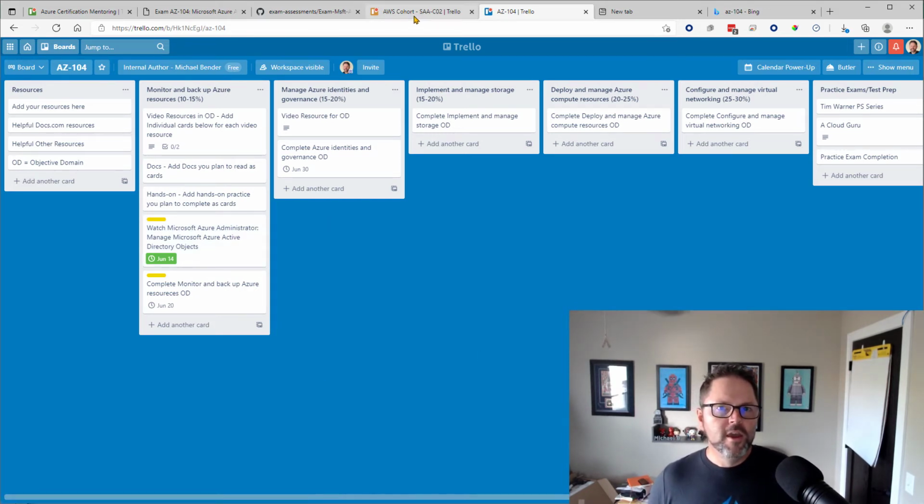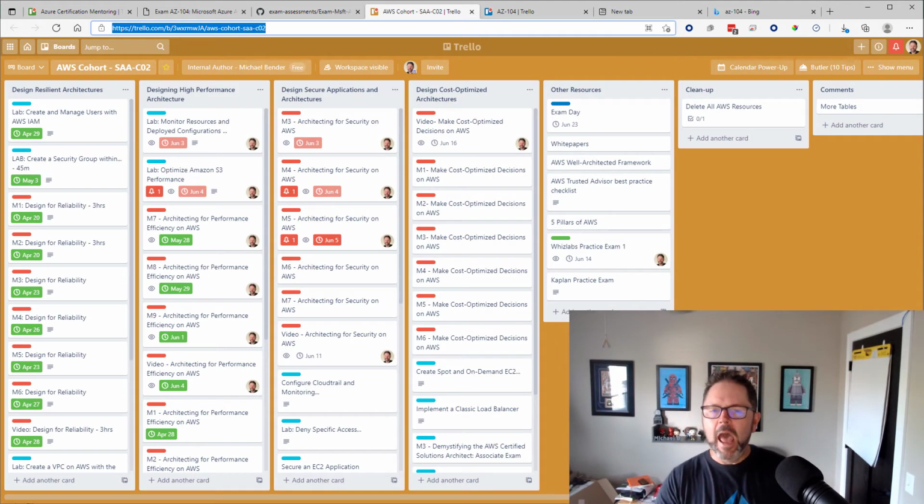So here's what a board looks like. And I realize that this is a lot of stuff going on because I basically fleshed out the entire learning program that I was doing for the AWS cohort internally. And you'll notice I have a ton of red here. We had some stuff going on at work that kind of pushed back this program. So that's why I'm kind of red here. I need to take some time tomorrow to readjust some of these dates.